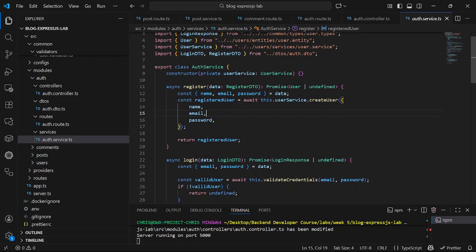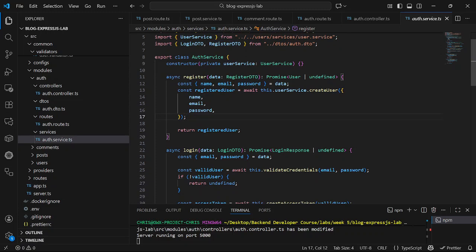For the register method, the data it receives is of type register DTO. Then we define a return type, and we use Promise here. Anytime your method is async, when you are defining a return type, it must be in a Promise. You must use Promise, because if you don't,